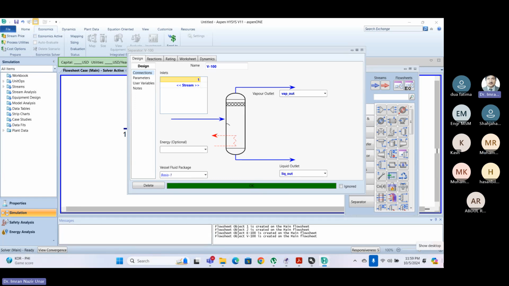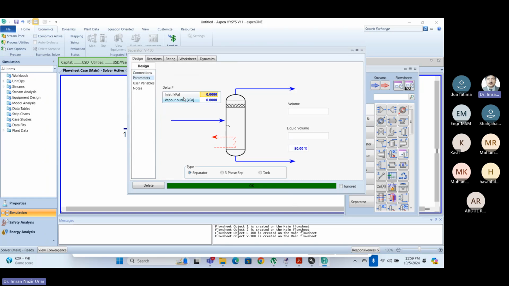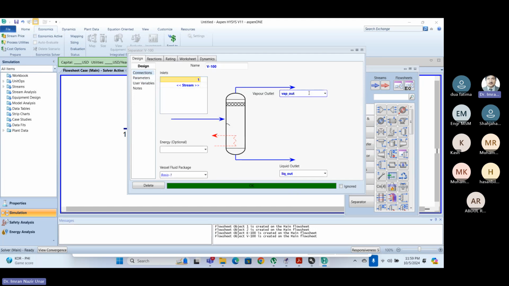So this unit operation only needs these material stream connections, and no need of any other parameter specifically for the time being. Otherwise, these parameters are important for the dynamics steps, but for only separation of the phases,